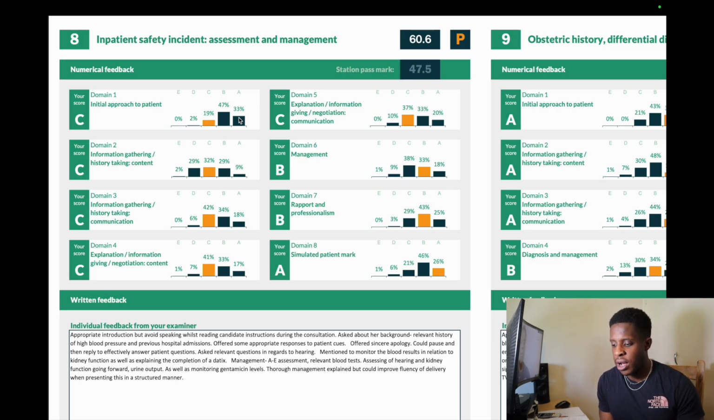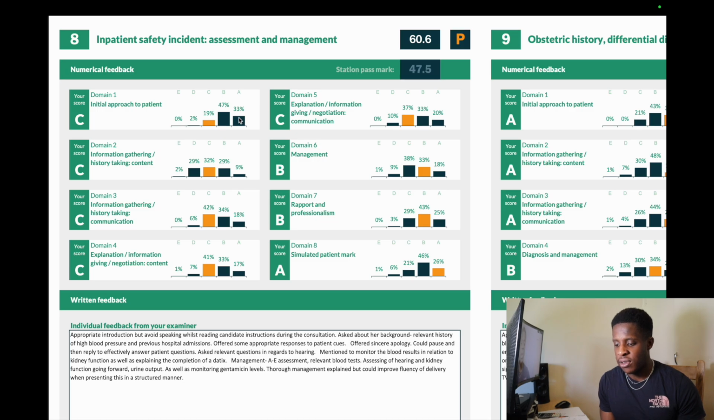I asked about her background, her relevant history of high blood pressure and previous hospital admissions. I offered some appropriate responses to patient cues. I offered a sincere apology, but I could pause and then reply to effectively answer patient questions. I asked relevant questions in regard to hearing. I mentioned monitoring the blood results in relation to kidney function, as well as explaining the completion of a Datix,